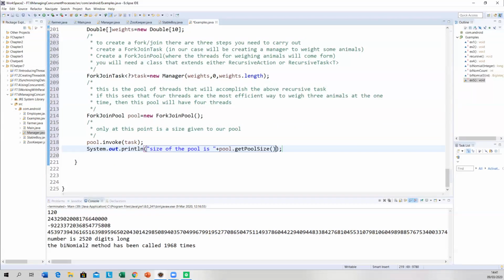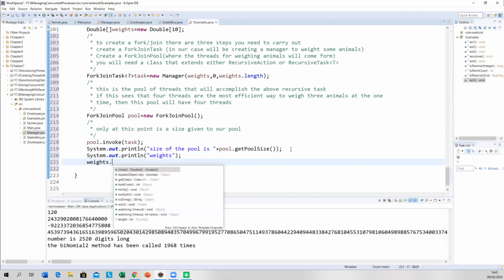And I want to print off all of the weights. We'll see each of the weights. Again, I'm going to use a stream.